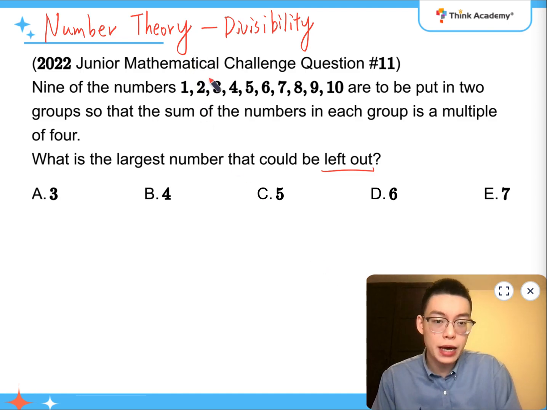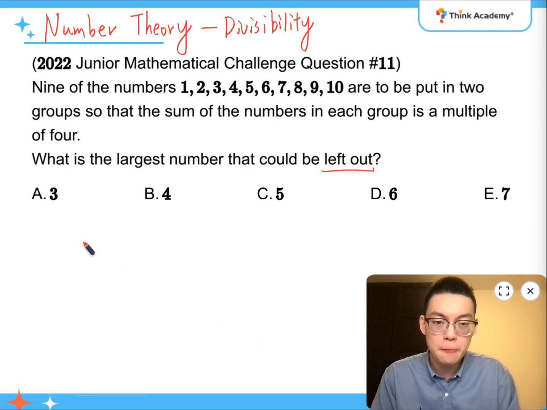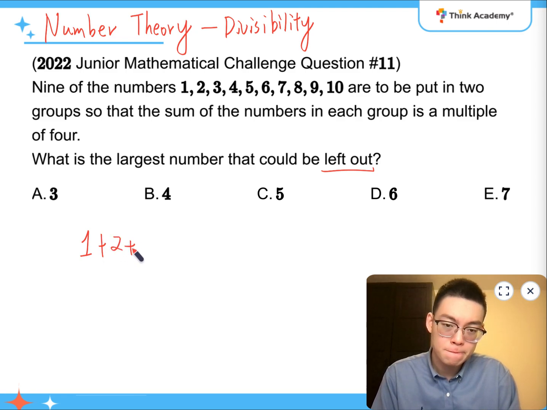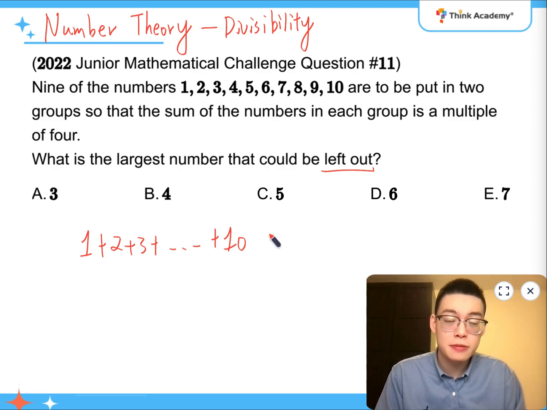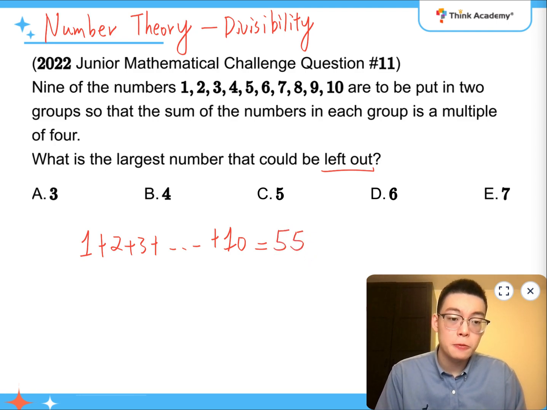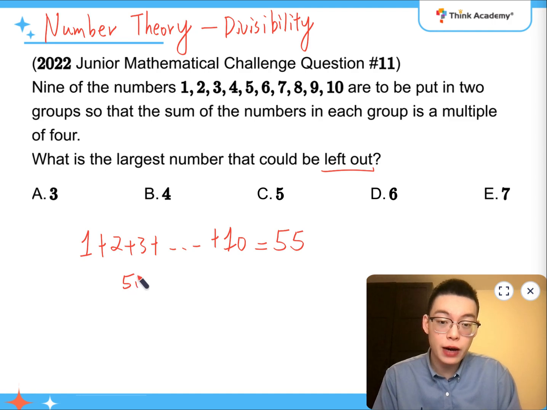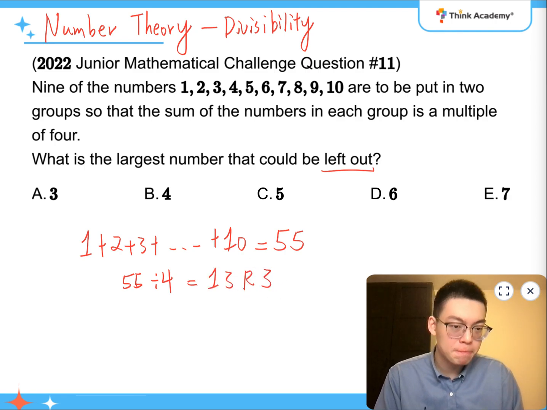First of all, we know that if I am adding all the numbers from 1 to 10, what I'm getting is 55. Which, if I am dividing 55 by 4, clearly it is not divisible because it has a remainder of 3,